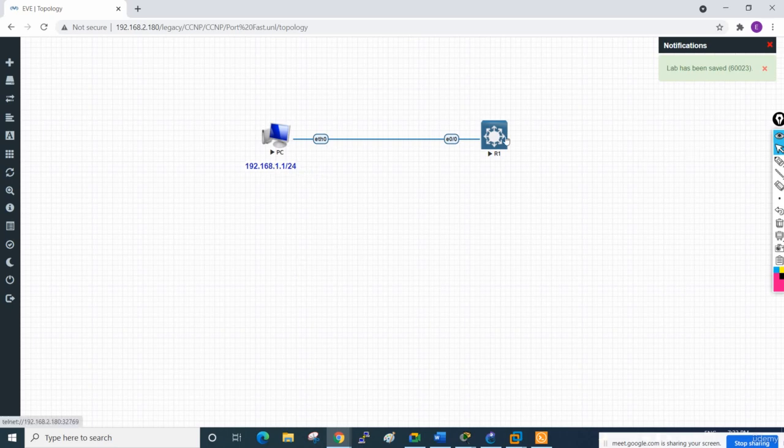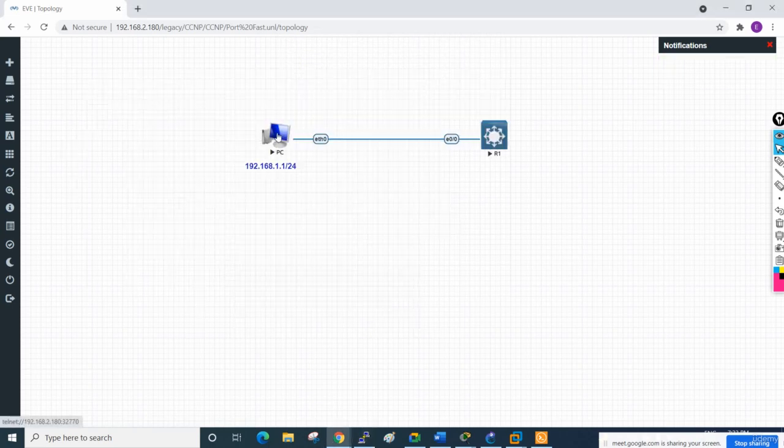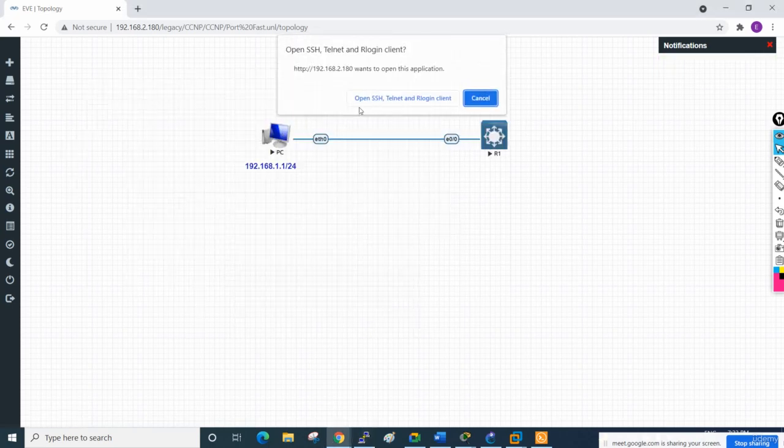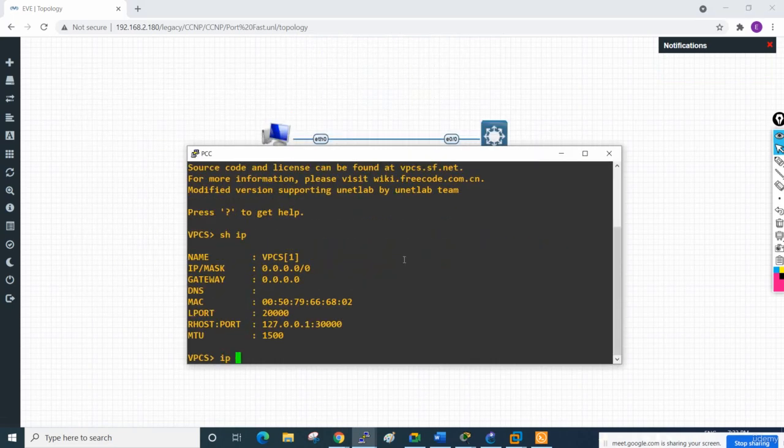So let's see if this switch starts or not. Some switches are taking time, we need to wait, but this is ready. And if I go to this console, just click and open this one. This is our PC also. I will check show IP. We have no IP here, so I will assign the IP